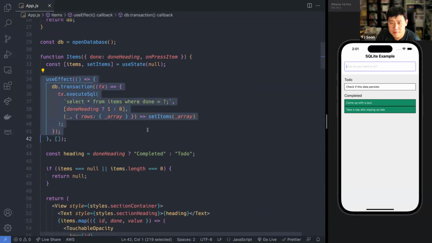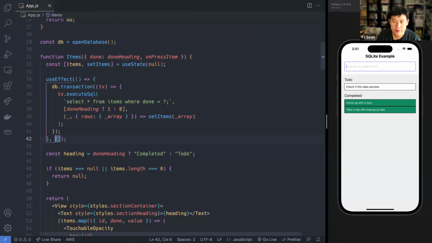Okay, so for this, what's going on? Remember useEffect? useEffect is something that runs under a few situations. If you have an empty square bracket over here, it will run the first time that this component is mounted, that this component is created. This means that the first time this items, it refers to this entire chunk of either done or undone items, it will run this thing.